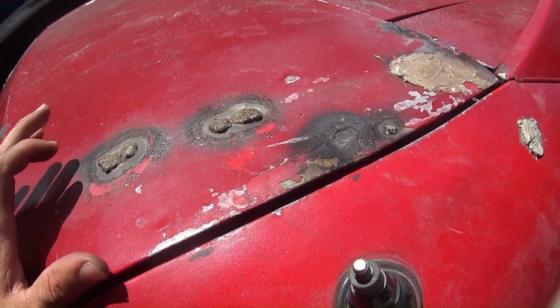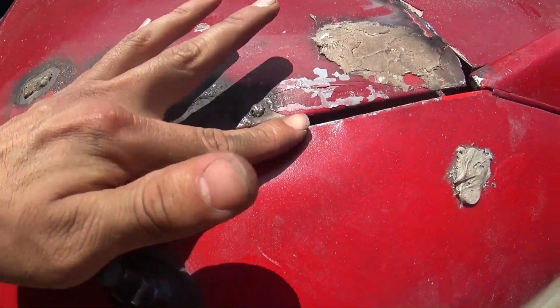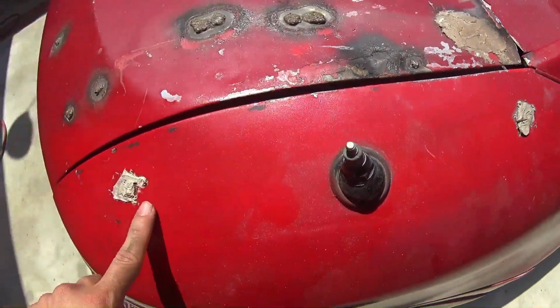You will not believe how long that took. But there it is. It's better than how it used to be. I did hit it with a hammer a couple times and I missed. Welded up the holes on the other side. I used body filler because I'm going to need it to...